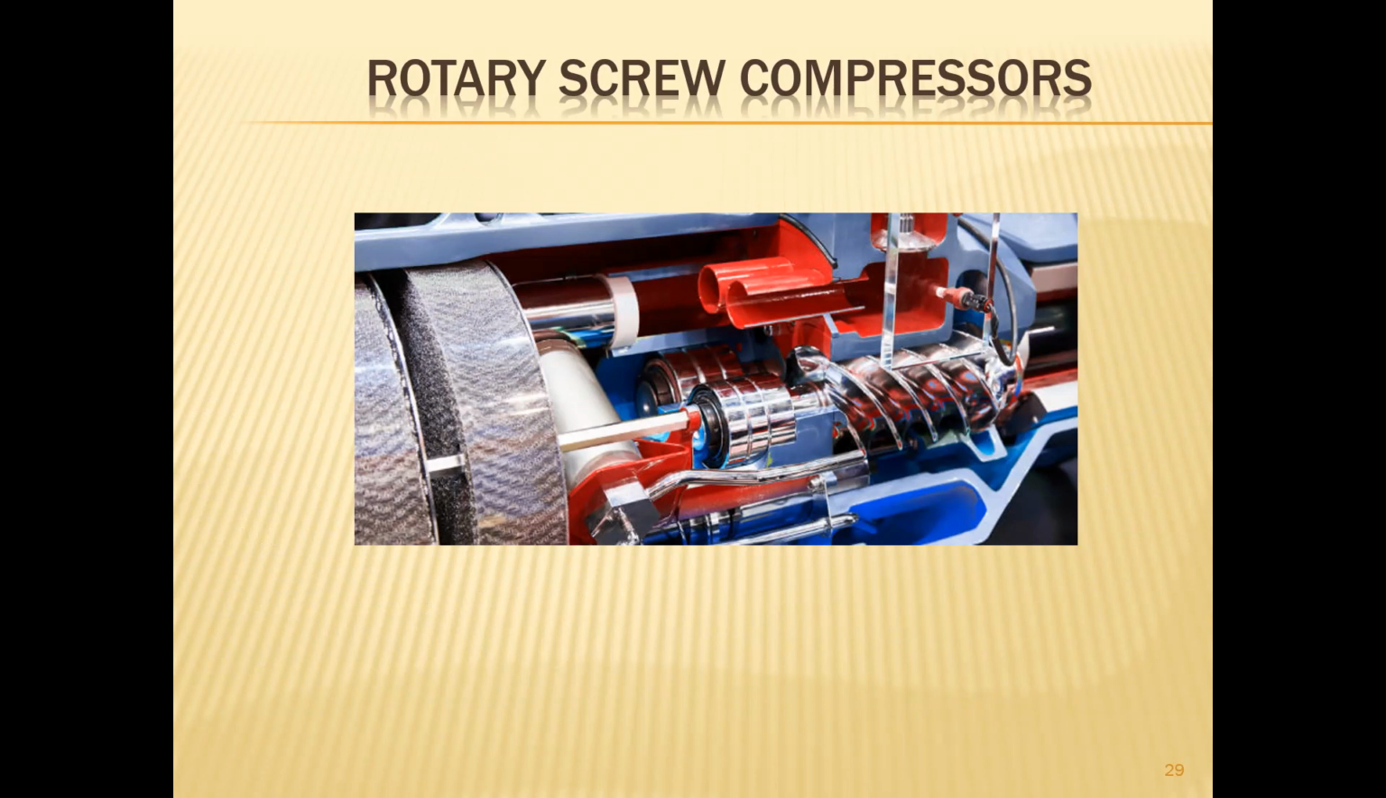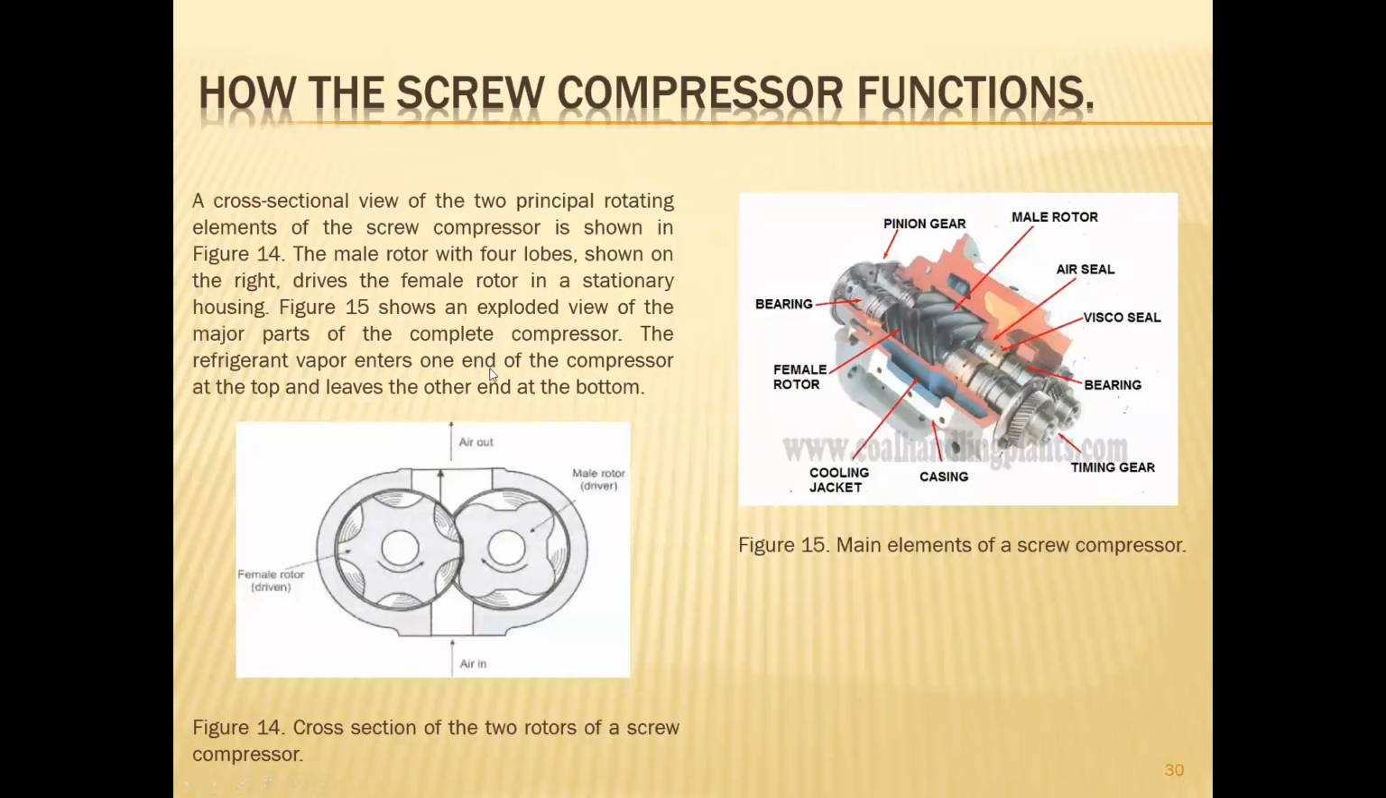is the rotary screw compressor. Nice colors. How does the screw compressor function? This is a cross-sectional view of the two principal rotating elements of the screw compressor, shown in Figure 14. These are the principal elements, the rotors, female and male rotors. Screw type. The male rotor with 4 lobes, these four are the lobes, is shown on the right and drives the female rotor in a stationary